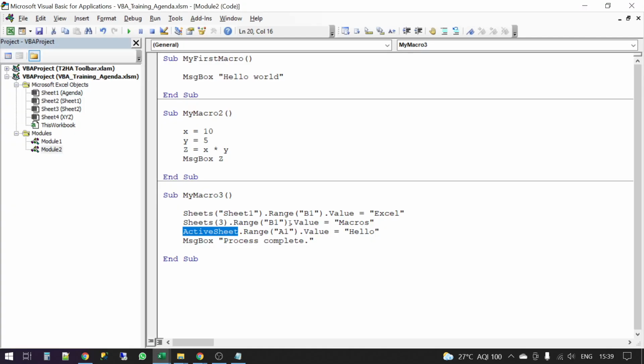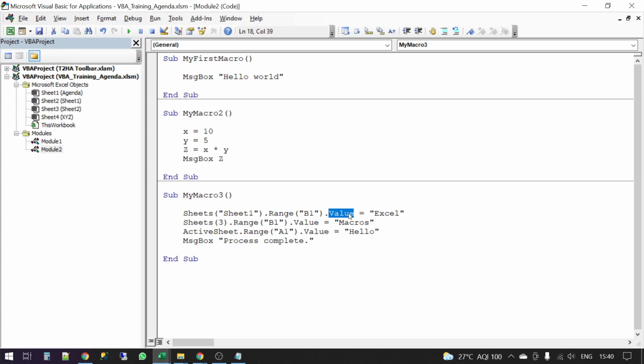What is the use of this particular line, value? So this is an Excel object. So every sheet is an object, and within a sheet, every cell is an object. It could be one cell, it could be multiple cells. Now, what do you want to do with this particular object is this. I want to change the value. If you had to change the color, it would have a totally different word written here.